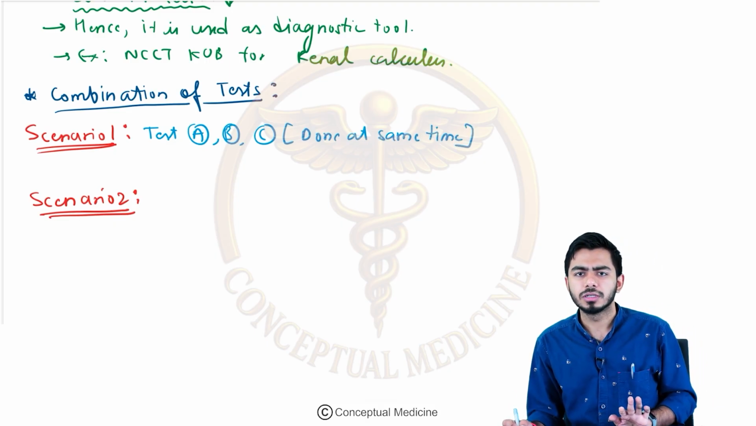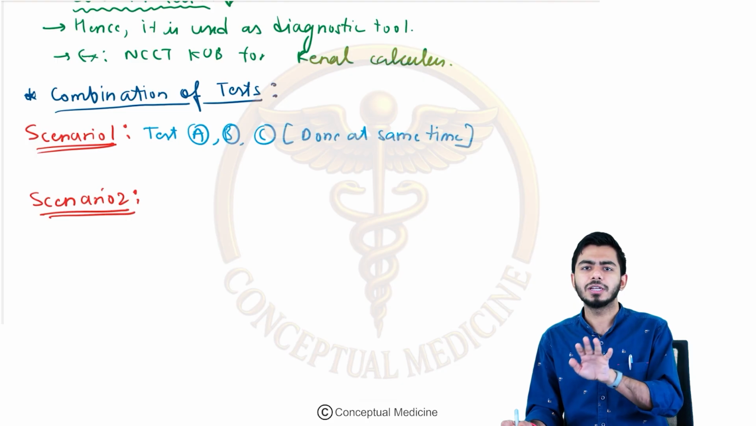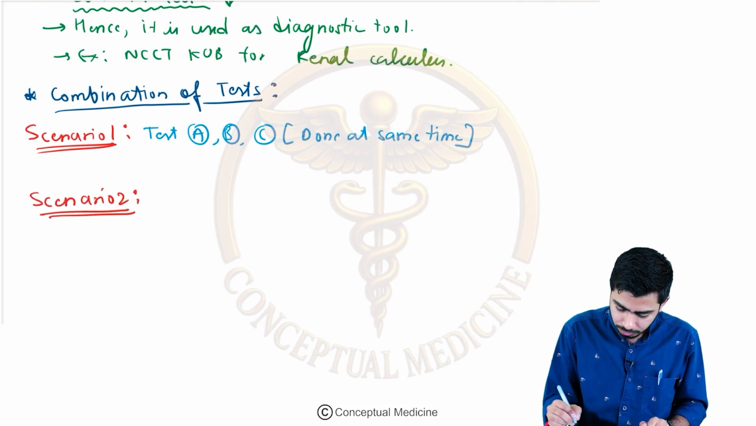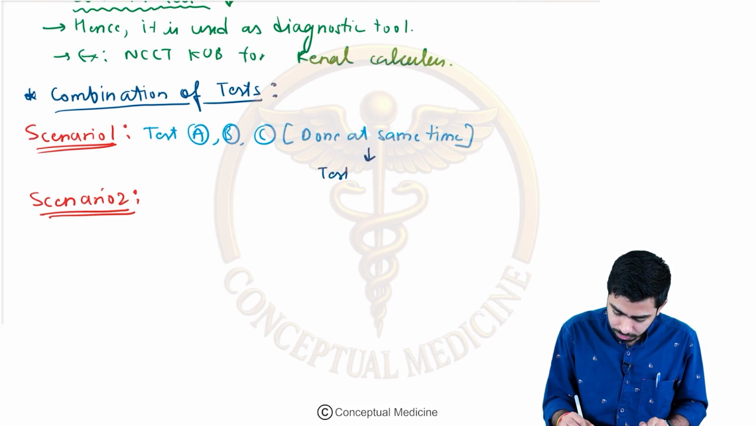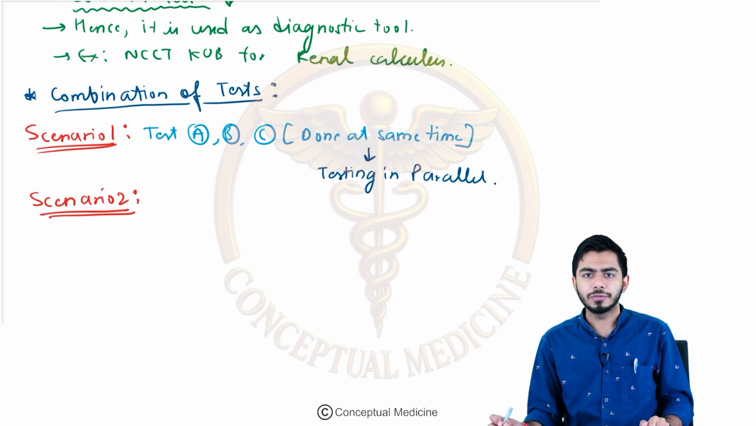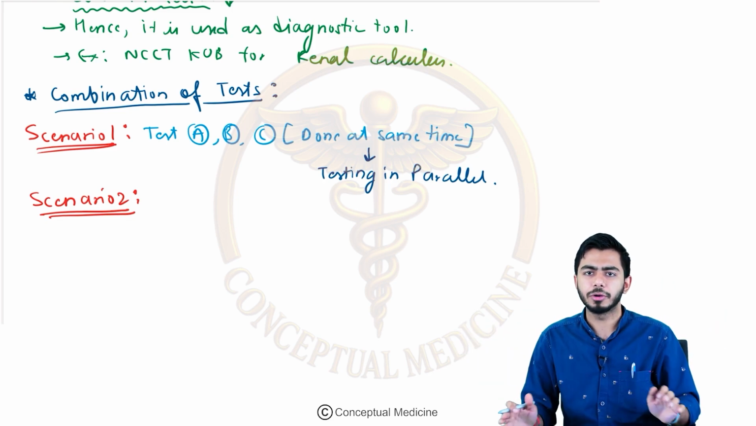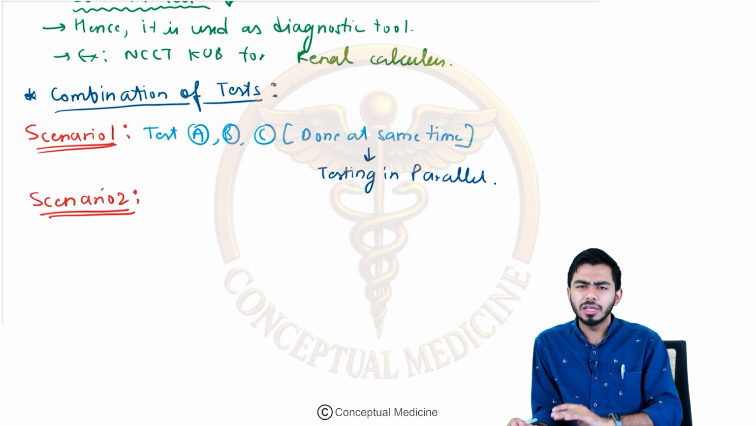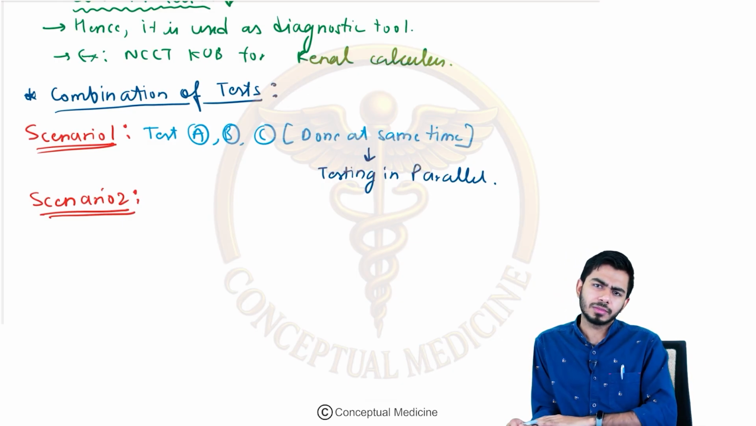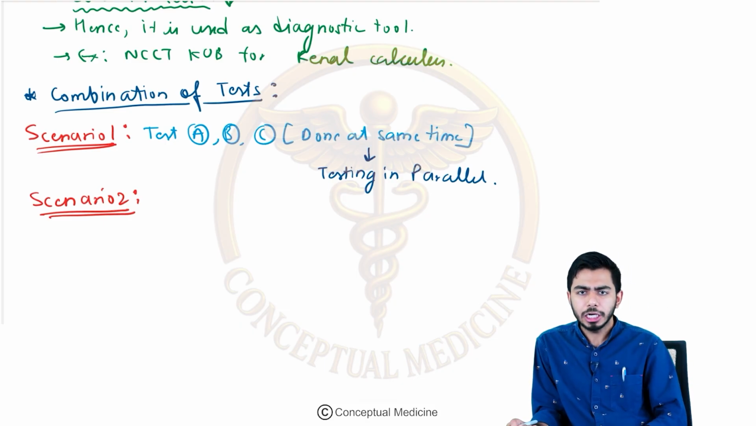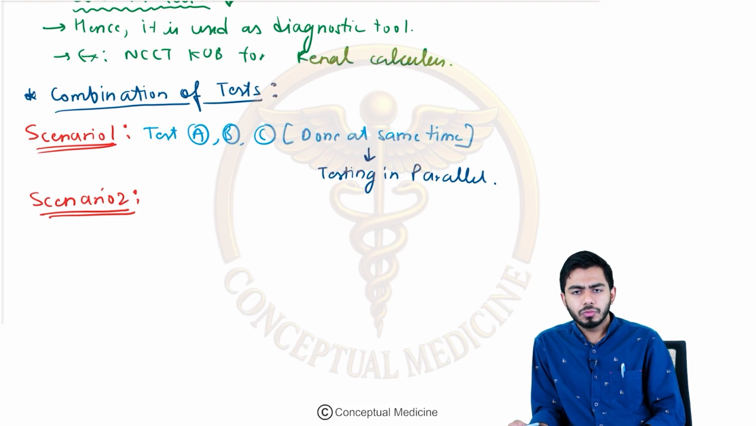This kind of testing is considered testing in parallel. Easy, guys. Multiple tests are done at the same point of time for any kind of patient, and we do this very commonly in the casualty. We are running this test also, that test also at the same point of time. And now if the person is in the ward, for example, and you want to rule out bigger kinds of diseases,